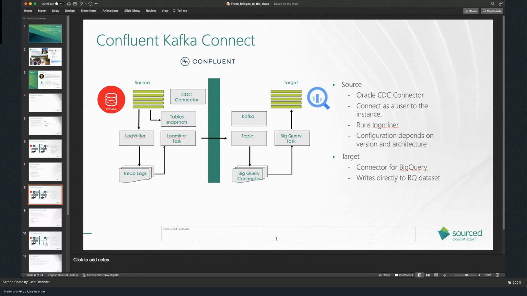You provide username, connection string, and everything else. It connects as a user to the source database. It runs the LogMiner engine there. It runs some other magic behind the scenes. And as soon as you have a transaction in the redo log, it takes that transaction and puts it to the topic.